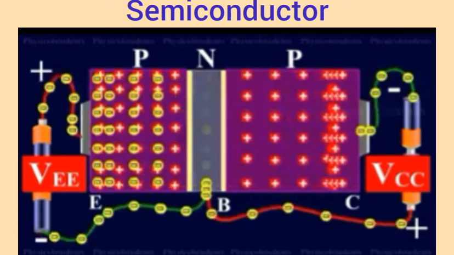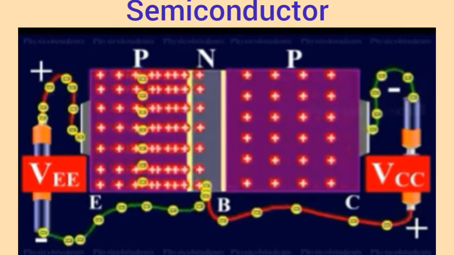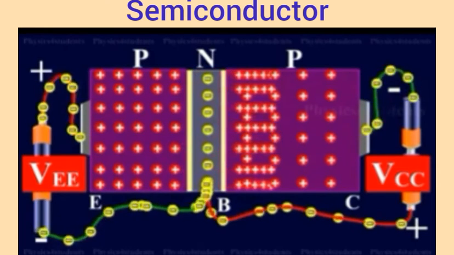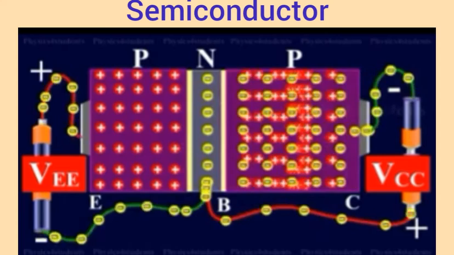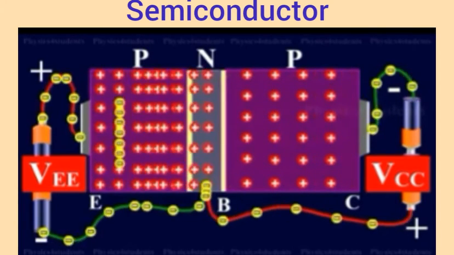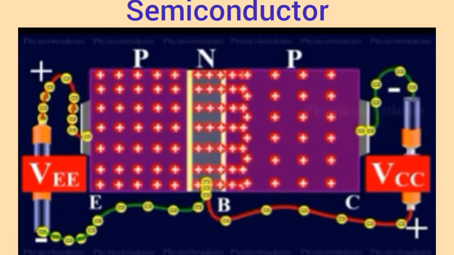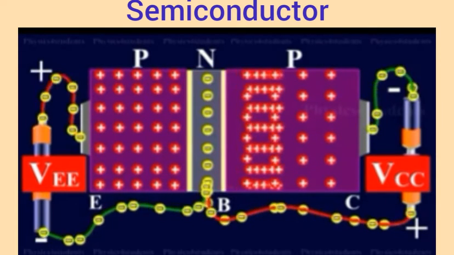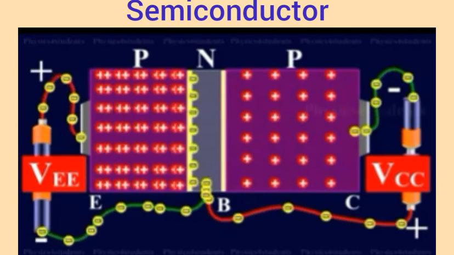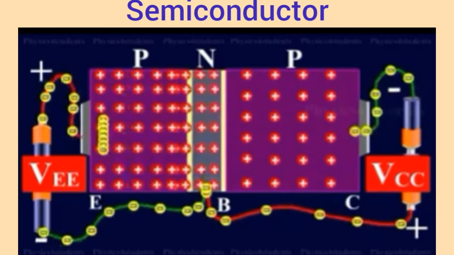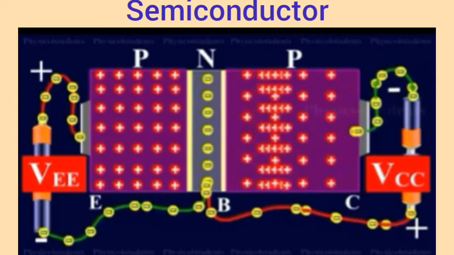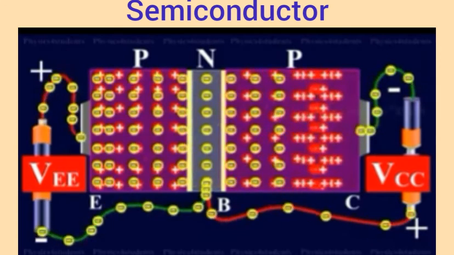The loss of total number of holes in the emitter is made up by the flow of an equal number of electrons from the emitter to the positive terminal of the battery. The flow of the holes from the emitter to base gives rise to emitter current, that is, in the emitter IE is due to flow of holes, but in the external circuit the current is due to flow of electrons from the emitter to the positive terminal of the battery